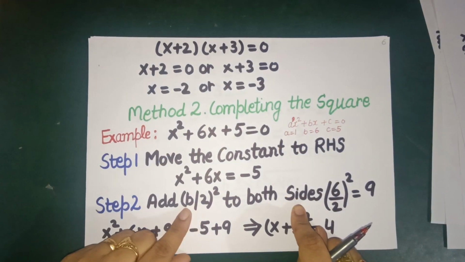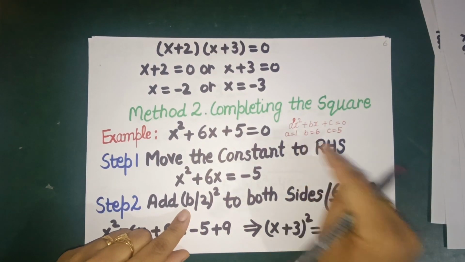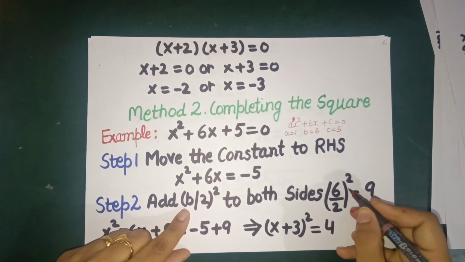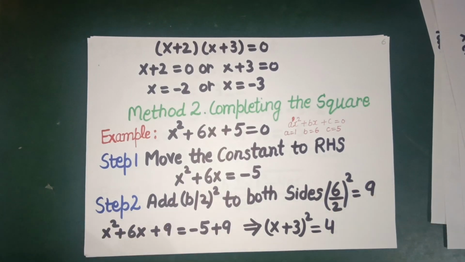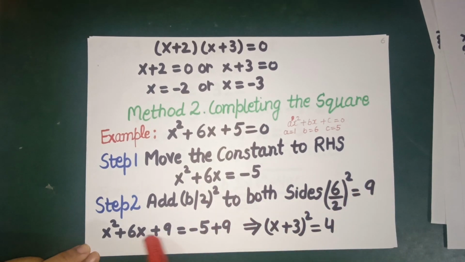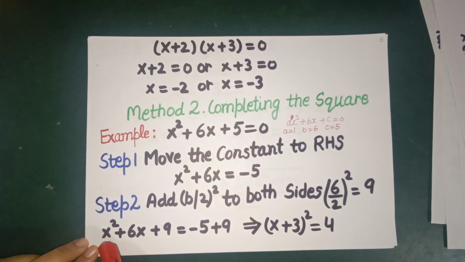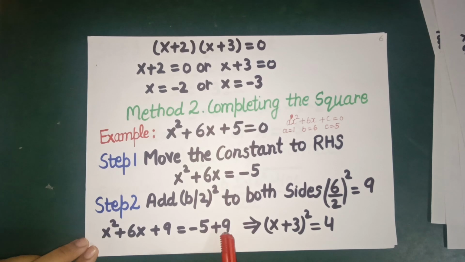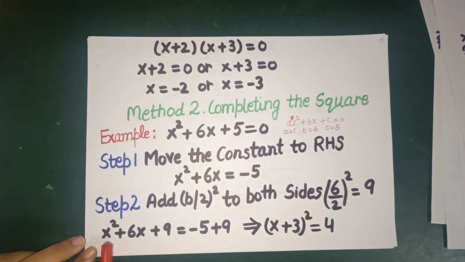Now let's put b by 2. So here b is 6. So 6 by 2 squared gives us 9. So the step says that we have to add this on both the sides. So on the left hand side we have x squared plus 6x plus 9 equals minus 5 plus 9. Now this is the square of x plus 3 whole squared, because this is a squared